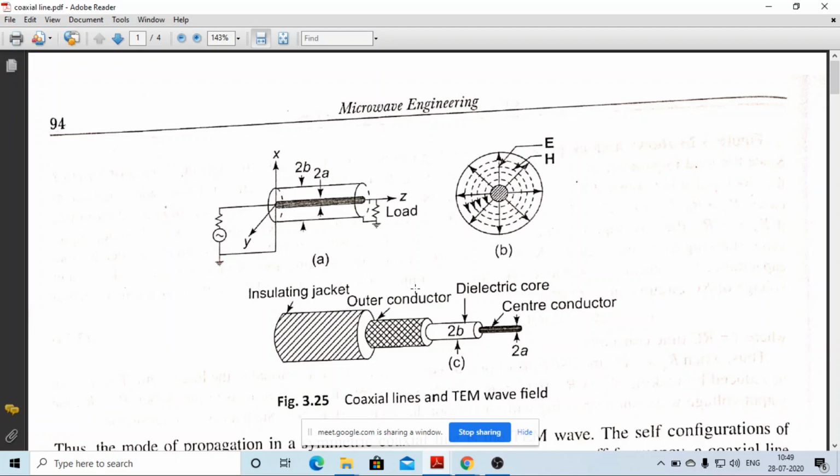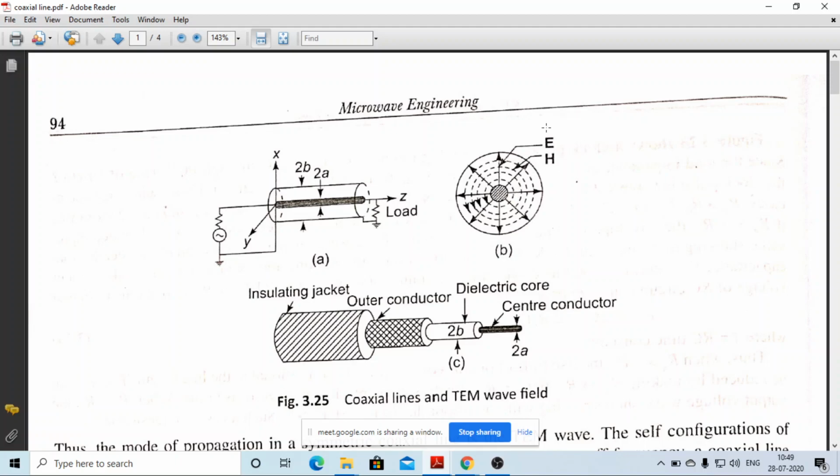So now come to figure B. Figure A is simply the coaxial cable with excitation, and for connecting the coaxial cable to a source or load, a special type of connector is required. That connector is called the BNC connector. In your set-top box, you can see the BNC type of connector. It can easily fit onto the coaxial cable, and you can connect it to the set-top box.